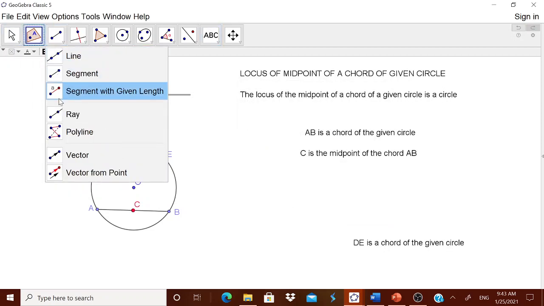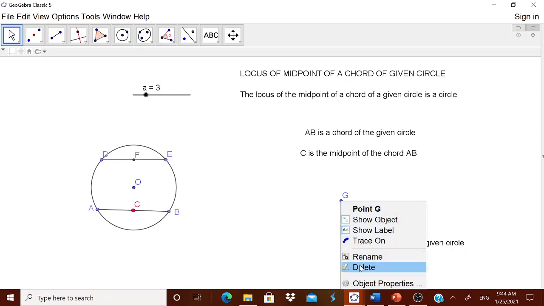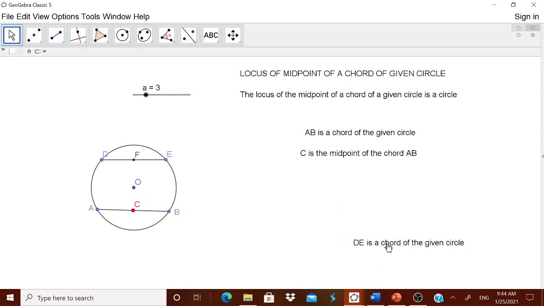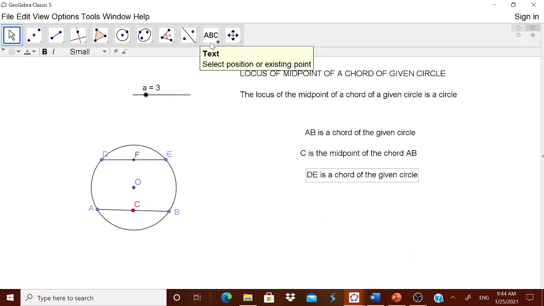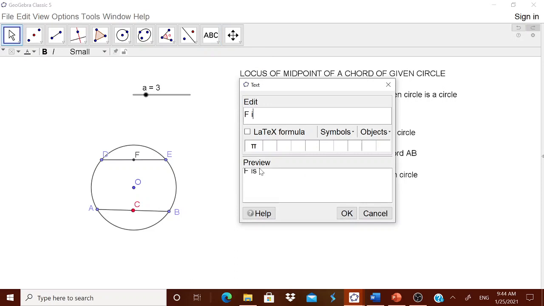Once again, ask them to take the midpoint. Which is the midpoint now? F is the midpoint. You can go for the text tool: capital F is the midpoint of chord DE.